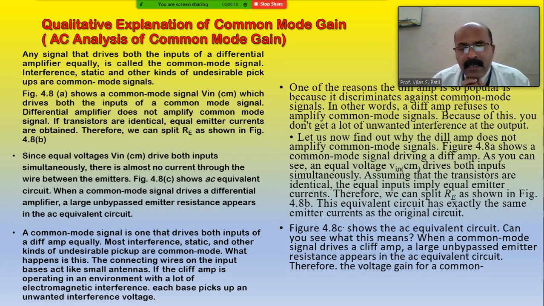In the last lecture, we saw the differential mode of an operational amplifier, that is, the qualitative explanation of the differential mode. In this lecture, we are going to see the qualitative explanation of the common mode gain, that is, the AC analysis of the common mode gain. We know that in a differential amplifier, if we give input to both the inputs, that is the bases of the two transistors Q1 and Q2, supplied by the common voltage, then